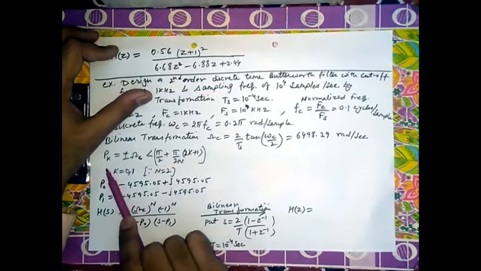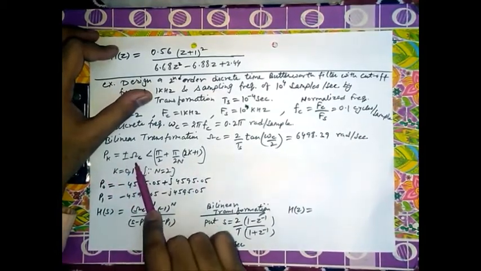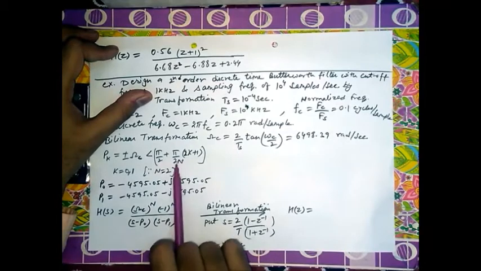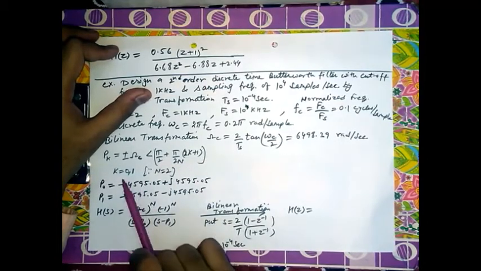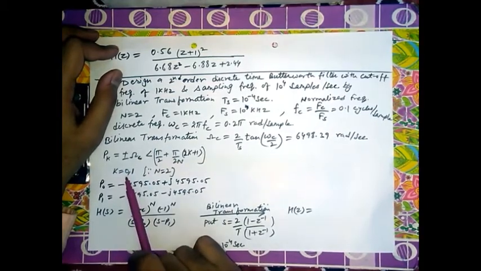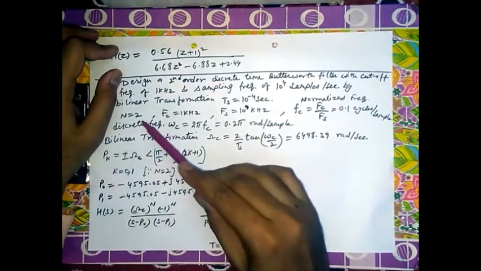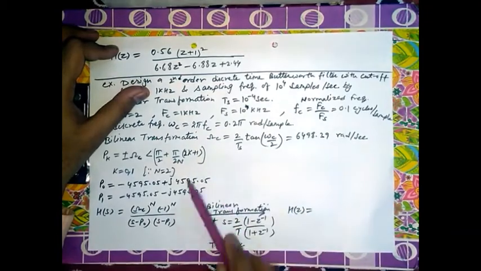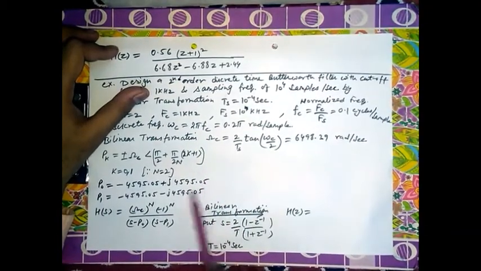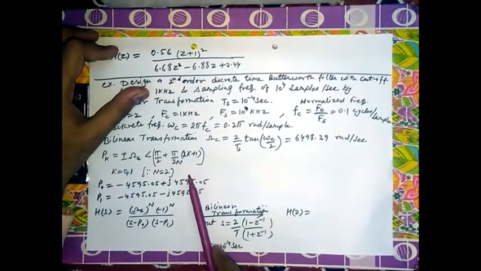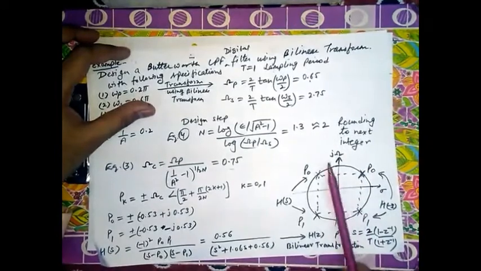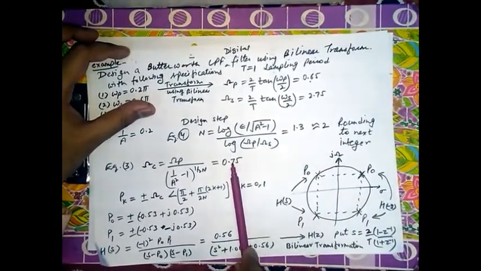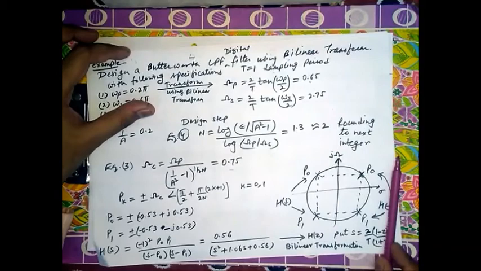Now finding the poles. The poles have the formula plus minus omega c e to the power j(pi by 2 plus (2k plus 1) pi by 2n), where k varies from 0 to n minus 1, and n is 2, so k takes 2 values, 0 and 1. Finding these cases, you have the poles. Similar to the last formula, we must have 4 poles, complex conjugate: 2 in the left hand side and 2 in the right hand side.